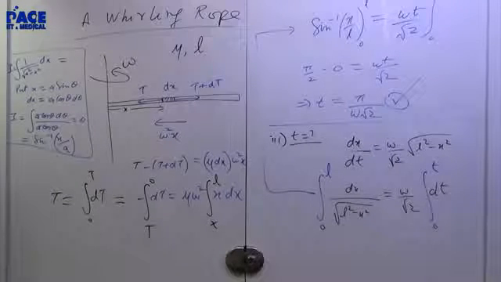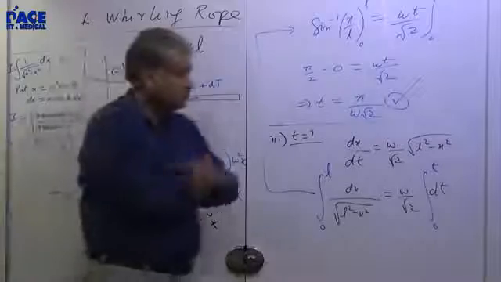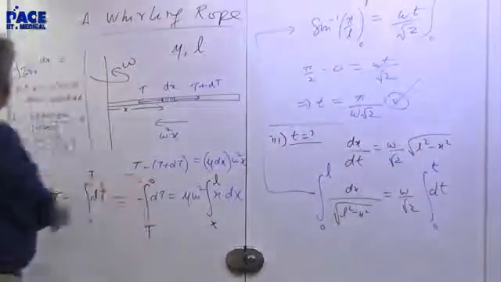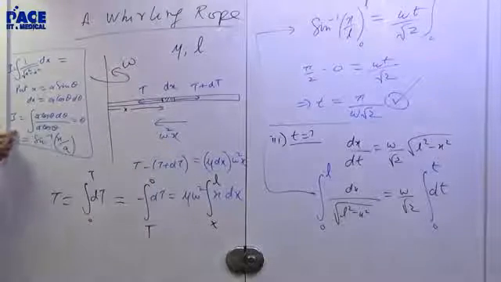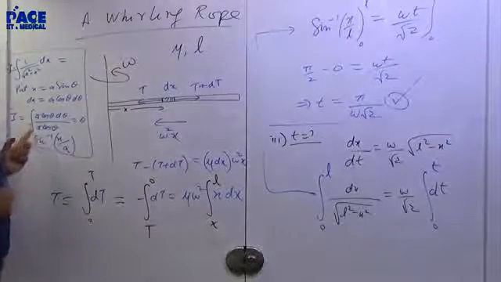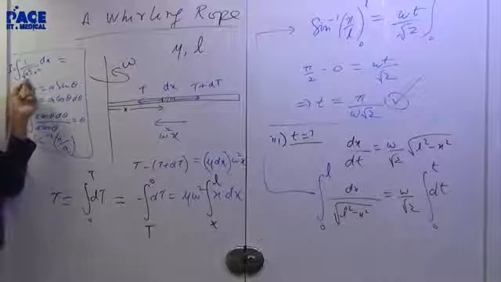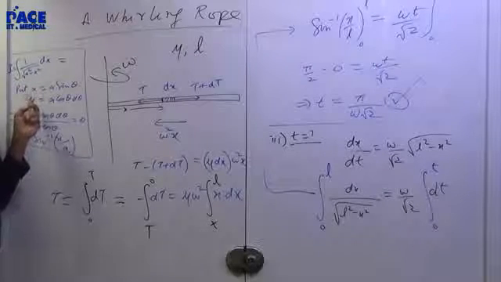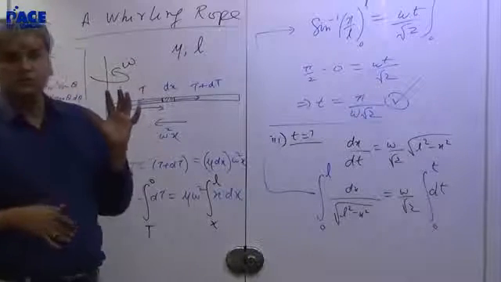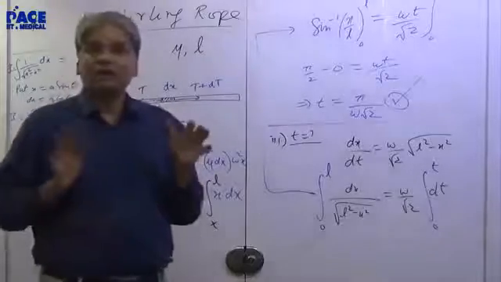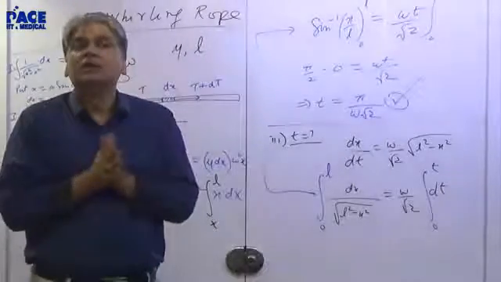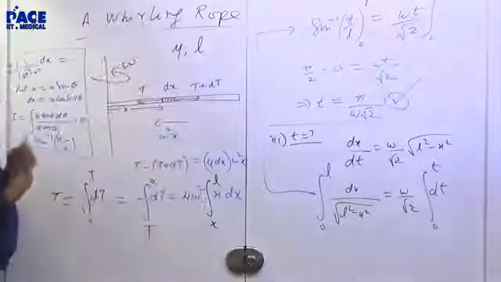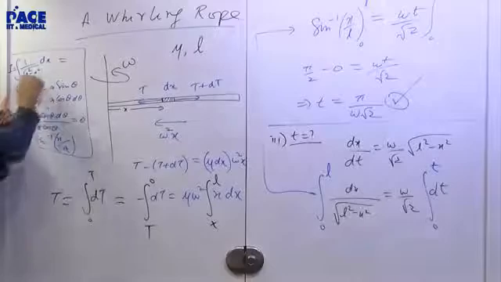Can you explain the small part? Which part? Oh, this part. That's the mathematical integration I am doing. How do you integrate a root of a square minus x square? I'm just giving a substitution method. Are you aware of some calculus? Yes, sir. Yeah, if you don't know calculus, forget it. Just get the answer. If you know something, I'm just prompting you. Yeah. So put x equal to a sin theta and you will be able to get this answer.